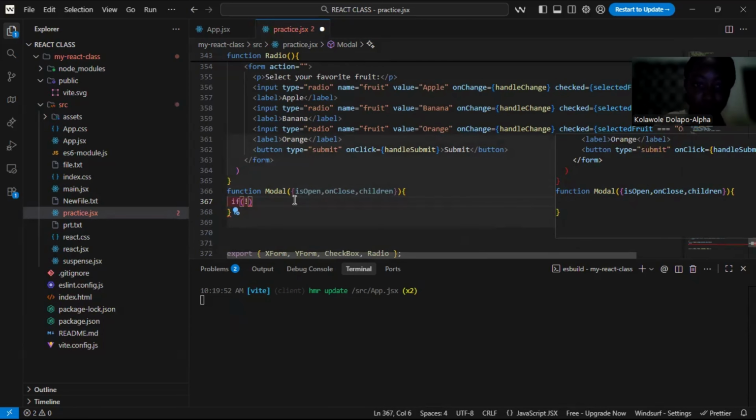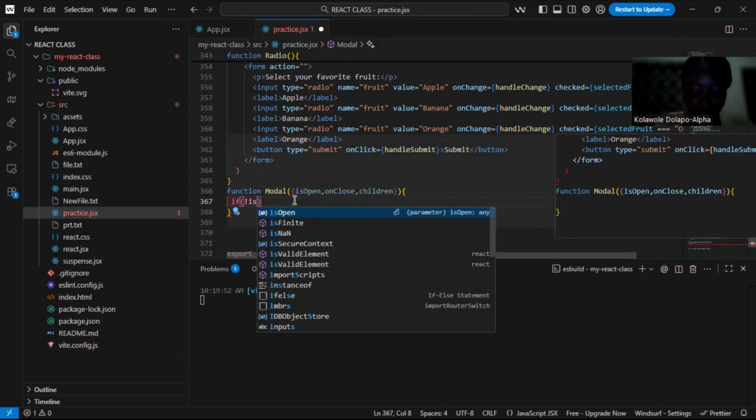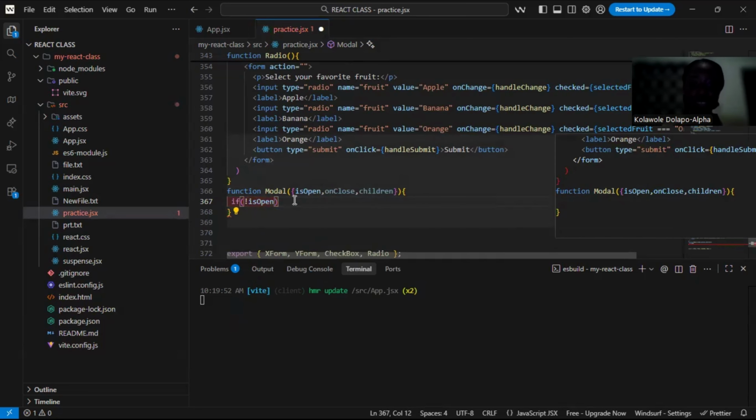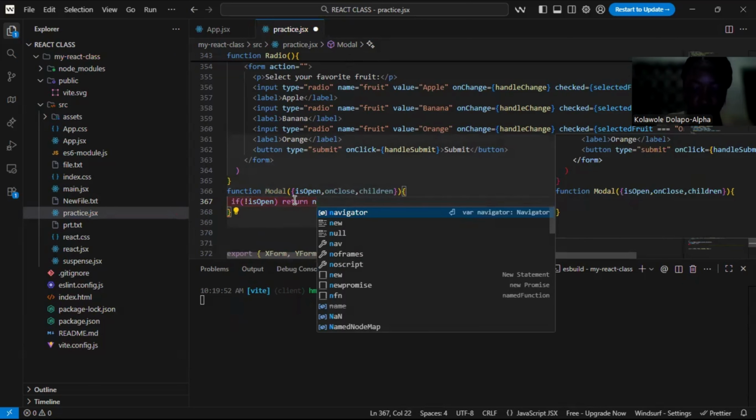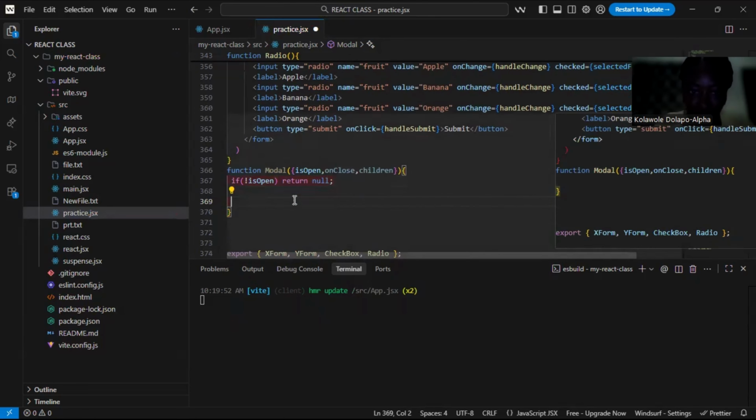If it is not open, and this exclamation mark that you see here means not, then we return null. Then the next thing we are saying now is return,